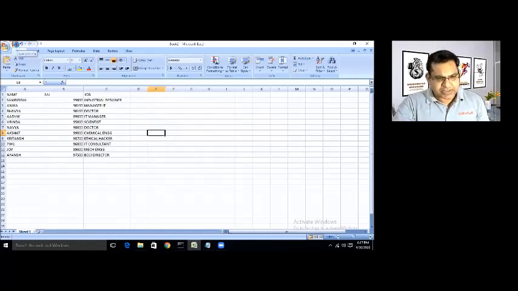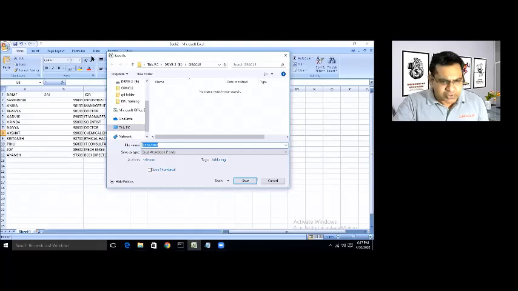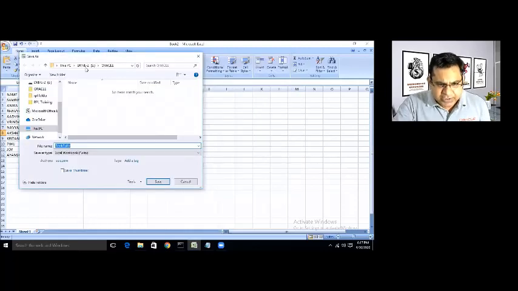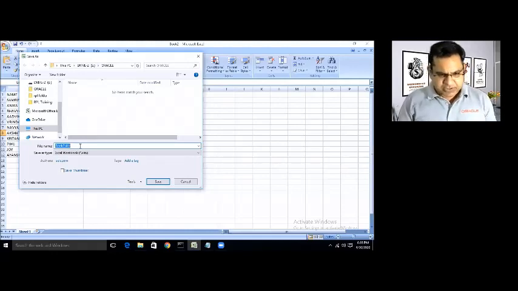So what you have to do is go to the save menu, right? And you need to save this particular file with the extension .csv. There is a folder by the name of Oracle on my E drive. I'm going to save this file into that. You can save it in any folder on any drive of your choice. I'll give it any name. So suppose data is the name that I'm giving to this particular